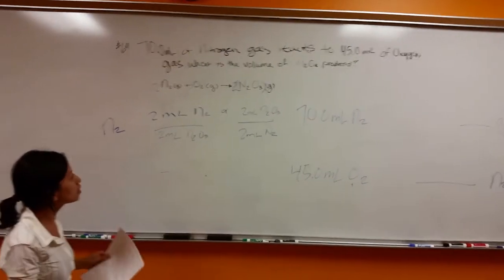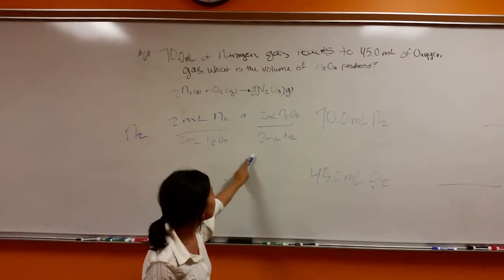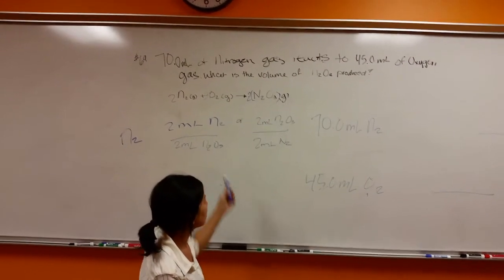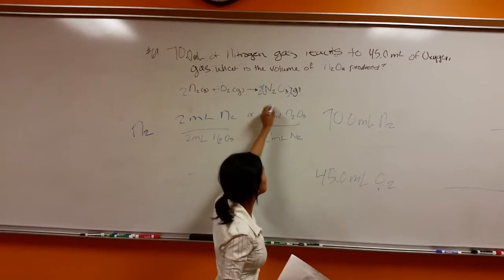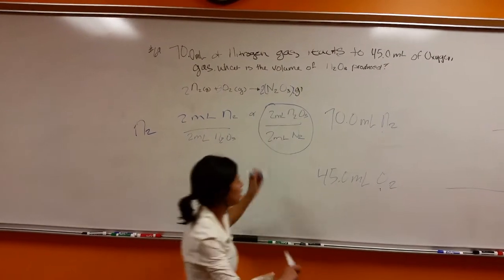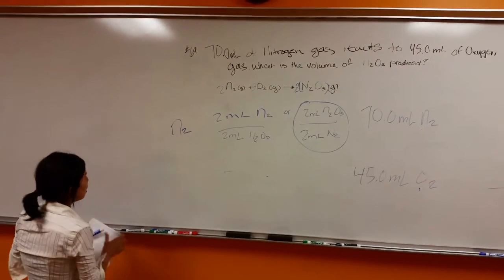And from here, we notice that we need to eliminate the N2, and so we figure out that in order to eliminate it, the bottom coefficient has to have N2. So we're going to use this one for our nitrogen. And we're going to do the same thing for our oxygen, which is